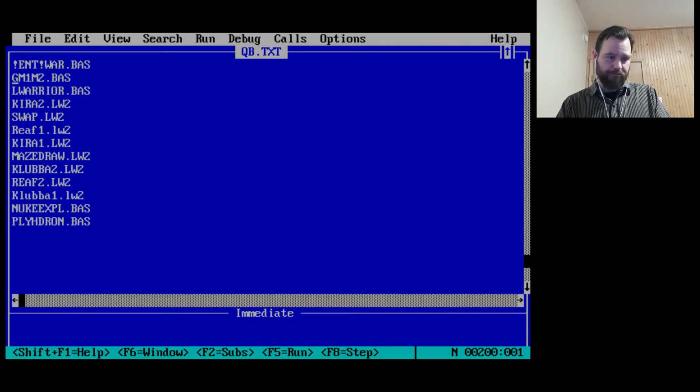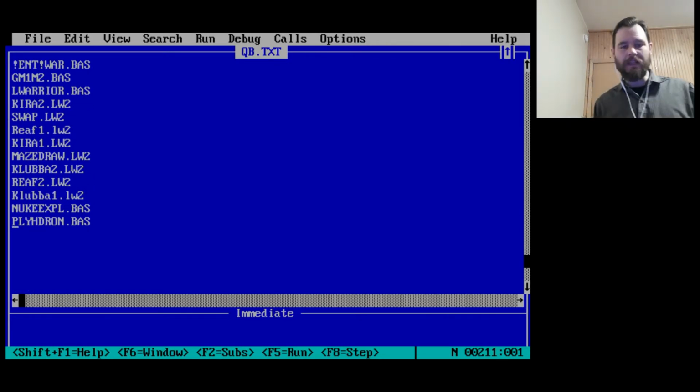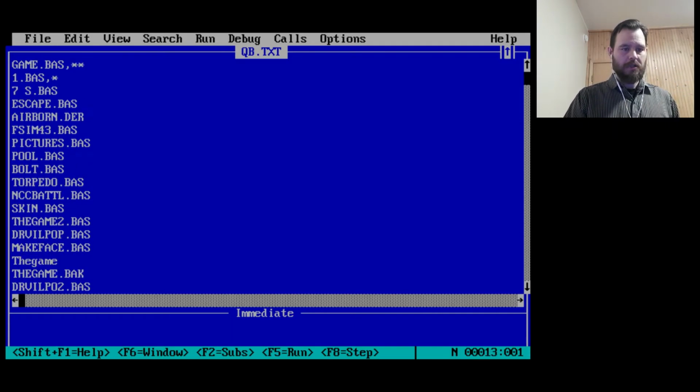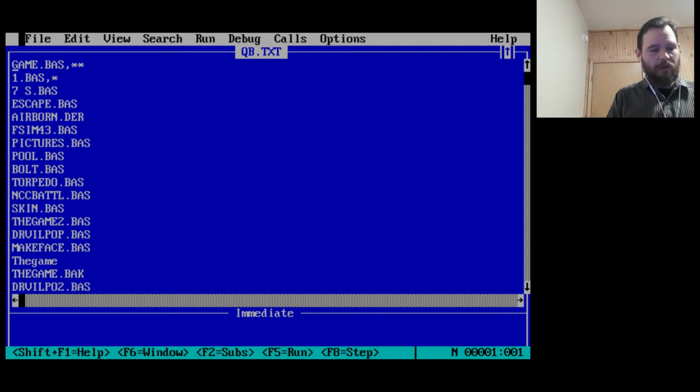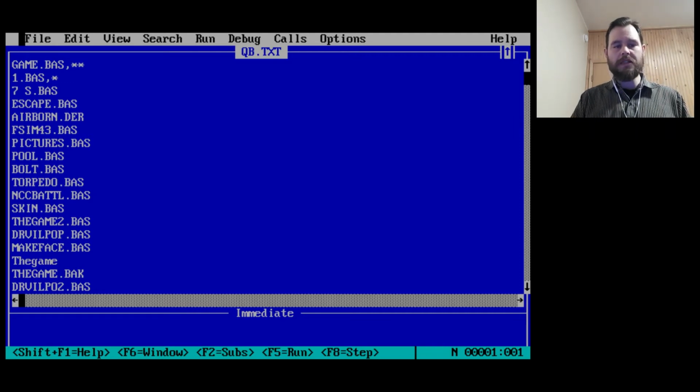And there are 211 large programs in the Quick Basic folder, and we've done 2 of them so far, 2 of them since I made this program. We have done a few others, but I didn't have this system with the text files and the asterisks when we did them. So we've got a lot of stuff coming up. I'm excited about it, and hopefully you can be excited about it too.